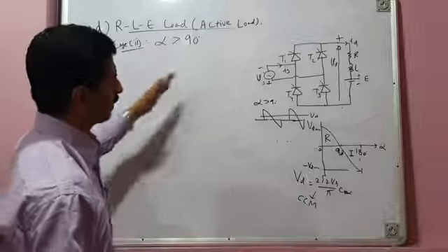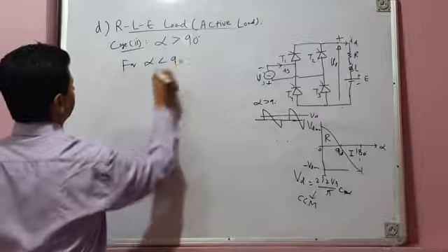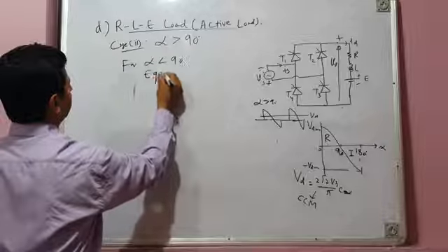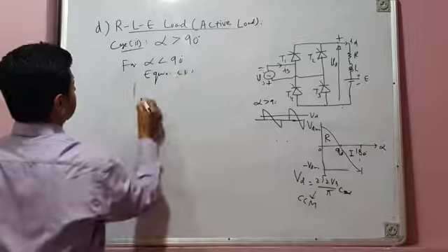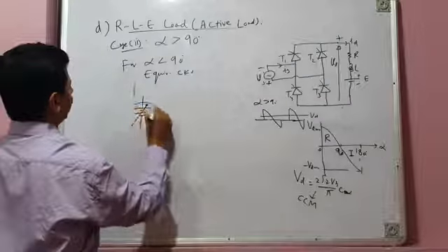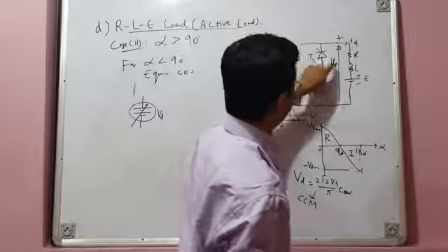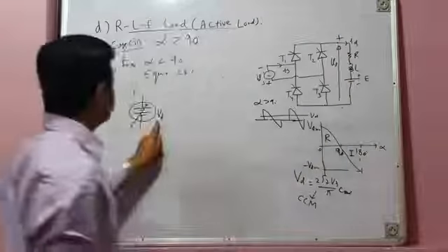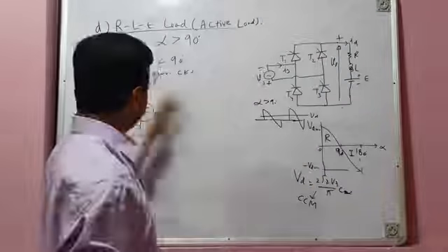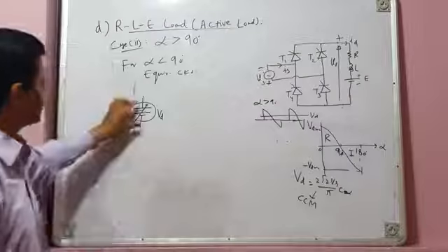Before I draw the various waveforms, for alpha less than 90 degrees, your equivalent circuit of the converter was like this. Let me draw the equivalent circuit. This is the converter average output voltage, VD. The converter produces some output voltage and its average value is VD. We know this VD may be given by this equation, or maybe some other equation. If your converter is operating in continuous conduction mode, then this VD will be 2 root 2 Vs by pi, cos alpha. So this is the converter average output voltage.